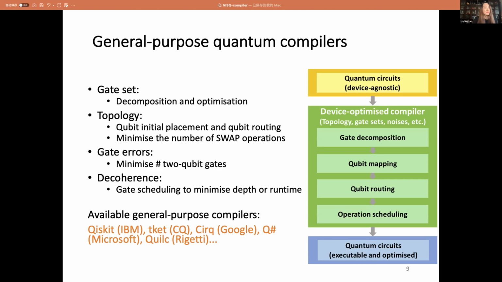For example, the Qiskit compiler from IBM, TKet compiler from Cambridge Quantum, Cirq compiler from Google, Q# from Microsoft, Quilc from Rigetti. All these compilers have these 4 different compilation passes, and they may also have more advanced optimization techniques, and maybe they organize different passes in different orders.